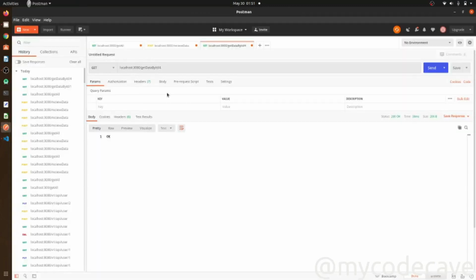Now let's check for something that we don't have, 5. I know it will definitely show us an error. Why has it not? Because I haven't set anything for when the id doesn't exist.